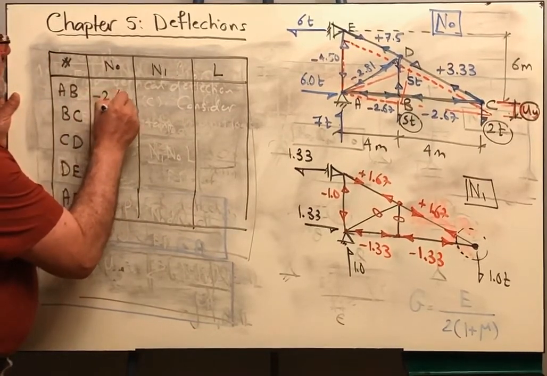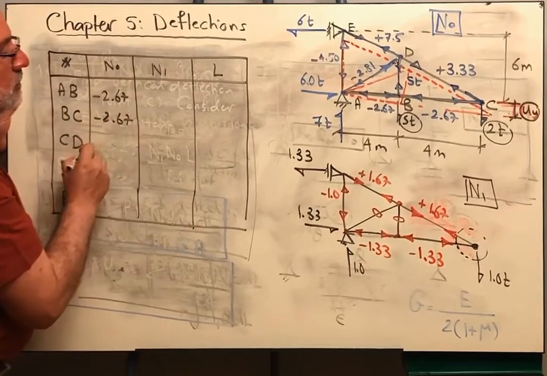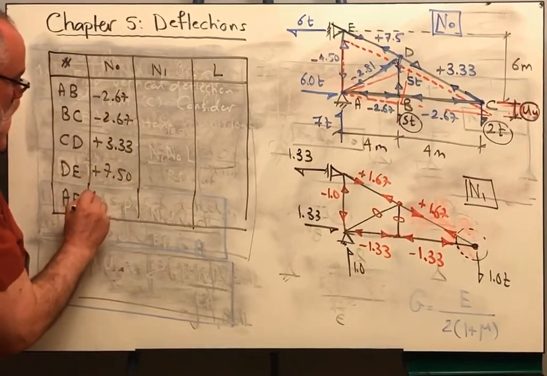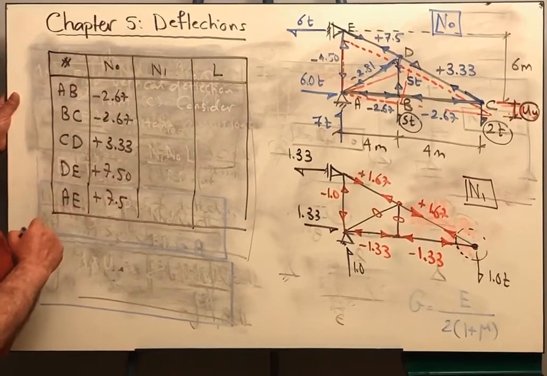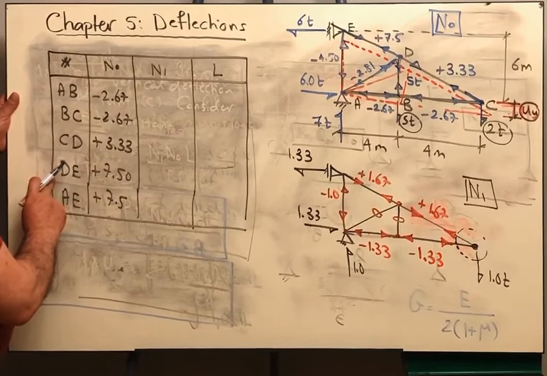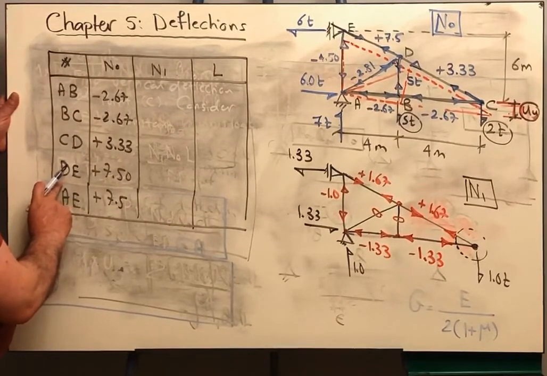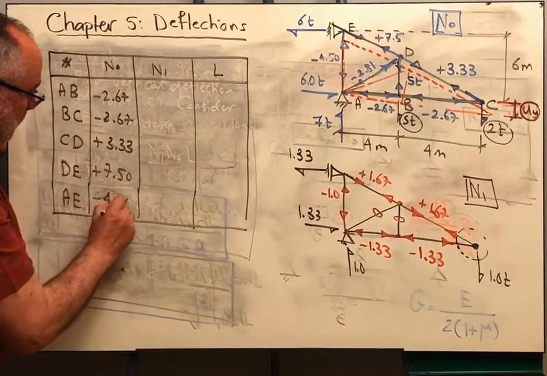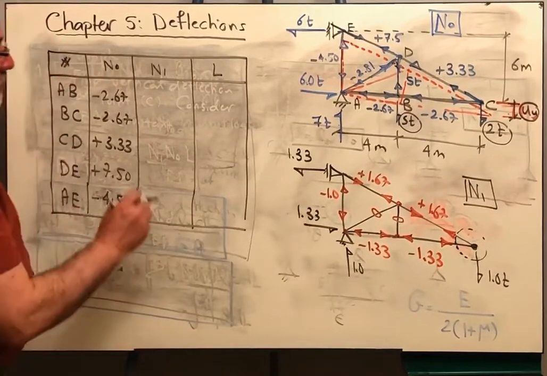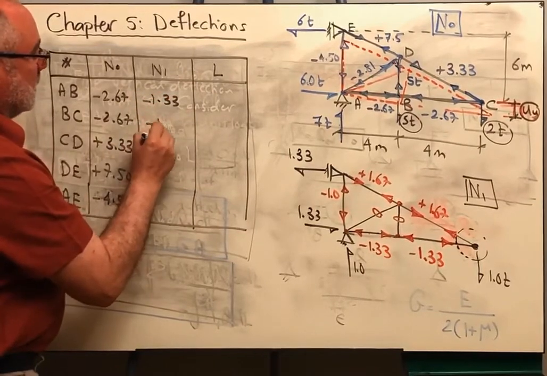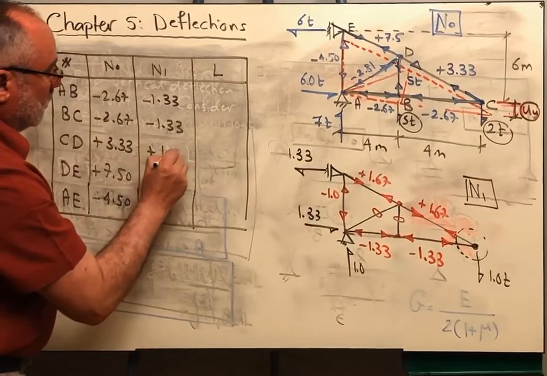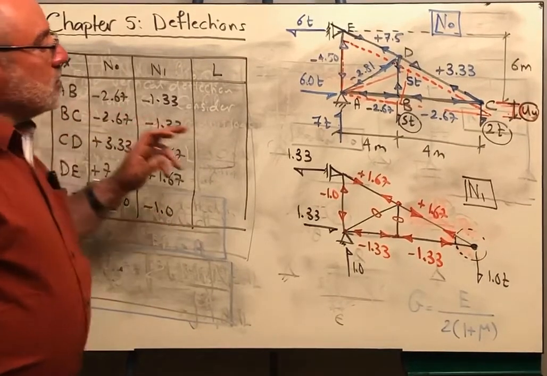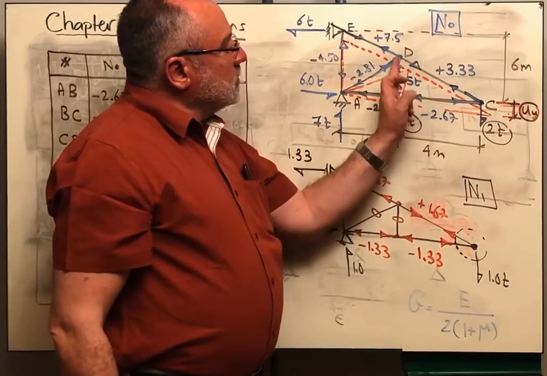This is negative 2.67, negative 2.67, and then positive 3.33, and positive 7.5, positive 7.5, this is negative 4.5. Okay, and for the forces here we are having negative 1.33, negative 1.33, positive 1.67, 1.67, and negative 1. We can determine from the geometry, this is 4 and this is 3, therefore this is